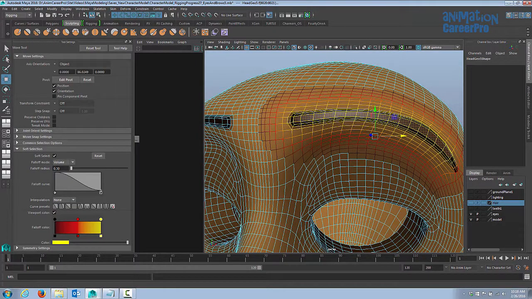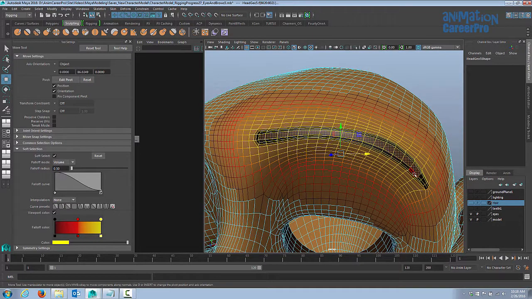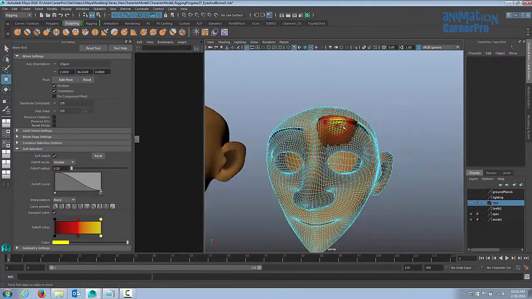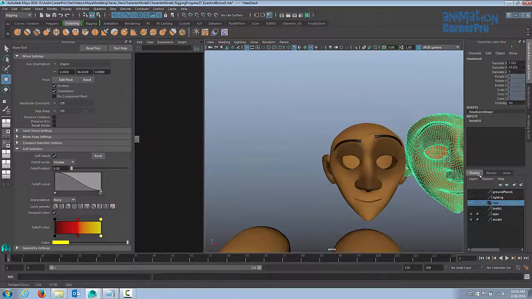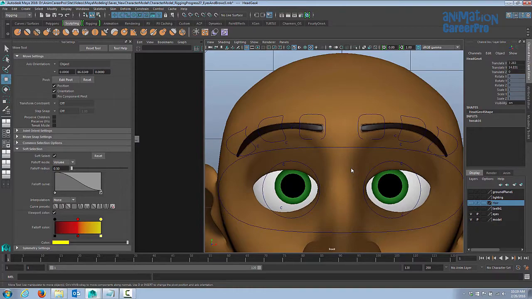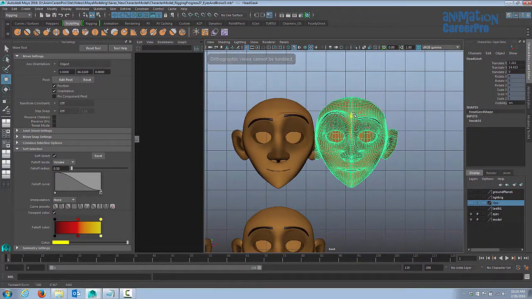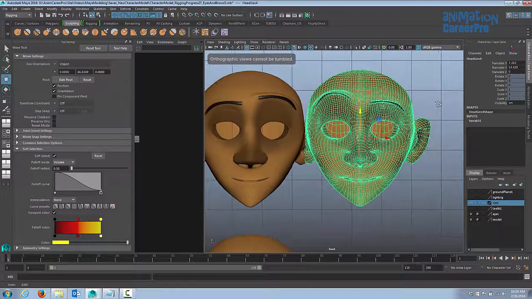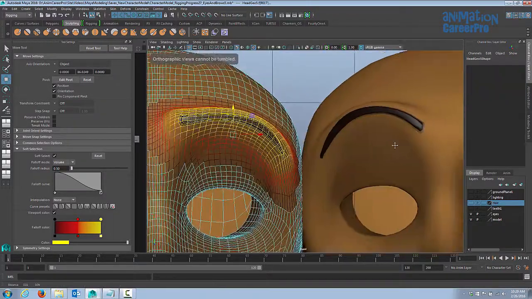Back to 0.5. I did change this a little bit when I was making the finer tweaks, but I'm going to put it back to 0.5 so I get the same result as I did on the other side. And you know what, before I go any further, it's probably a good idea just to move this over and bring it right next to the other one. And make sure, let's just go to the front view for a minute, hit F on the keyboard to focus in, and I want to make sure that they're the same height. So just use the grid there to sort of eyeball it. And I'm going to put that right next to it so I can model the other one and try to match it up.